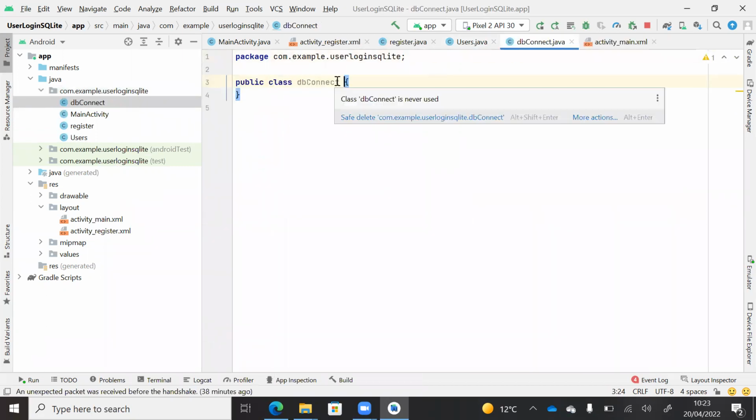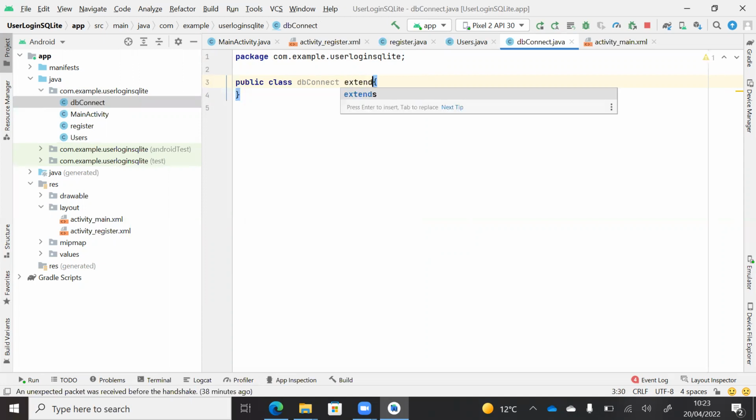So when I've created my DB Connect class, what I now need to do is extend and use a class that would help me to create this database connection. And that class is called SQLiteOpenHelper. So in order to do that, I need to extend SQLiteOpenHelper so that I can get access to its methods, properties, and all the other things. Because when you extend something, you now become the baby. So the baby now inherits things from the parent class. So if I do extends